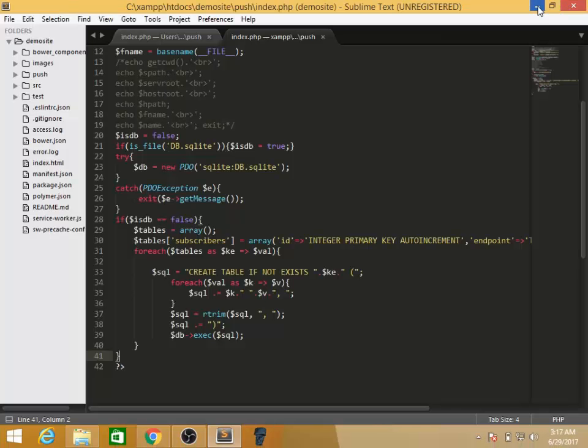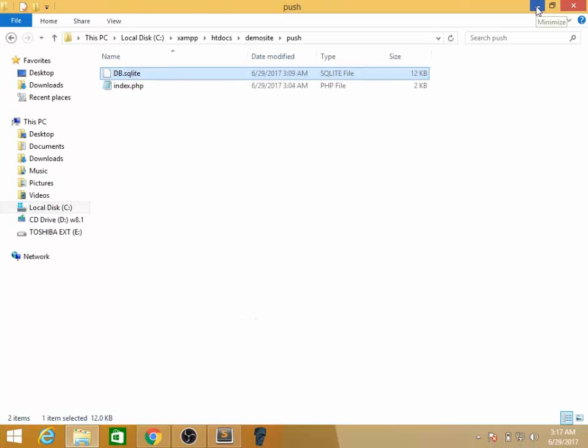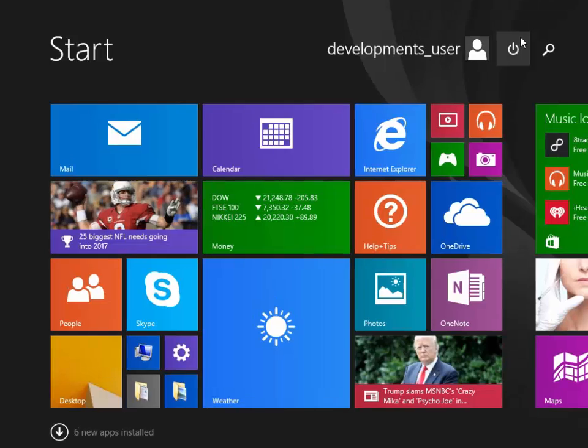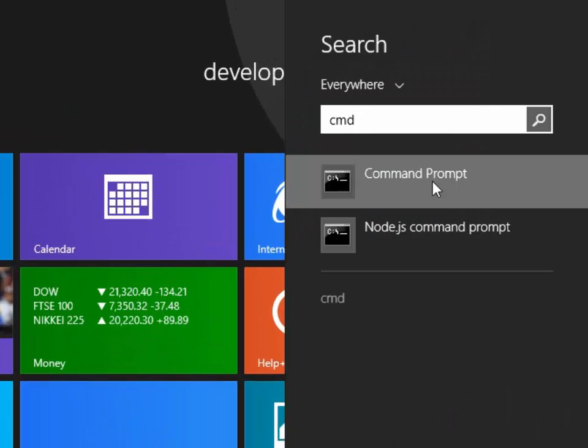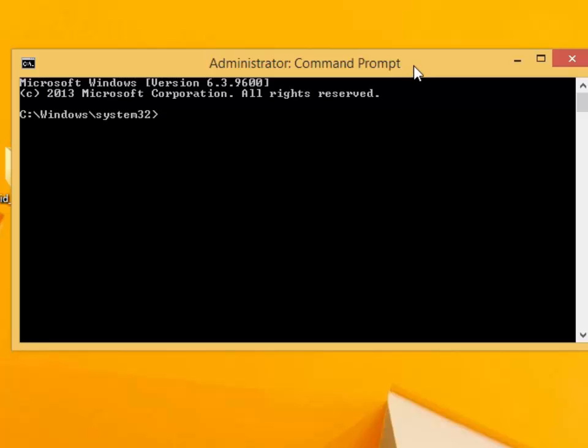Now we will add some components that are needed with any code we will write for our push notification demo. Just to avoid any potential authentication issues, I run the command prompt as administrator. Using Node Package Manager, we install web-push by using the command npm install -g web-push. This package will generate keys we utilize for our demo, a public key and a private key. After it has installed,